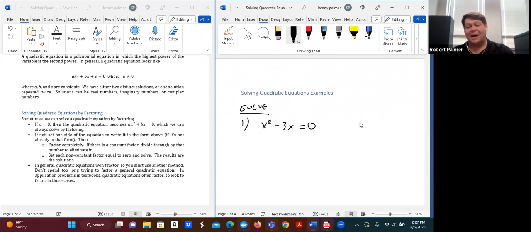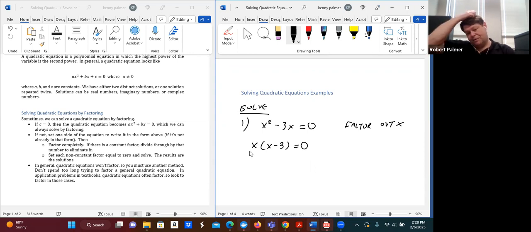In this case, we can factor an x out. That's the reason why this method is useful. So we can factor out the greatest common factor. Factor out x. If we do that, we have x times, and what's left is x minus 3, equals 0. Now, in this form, we can solve this by factoring,